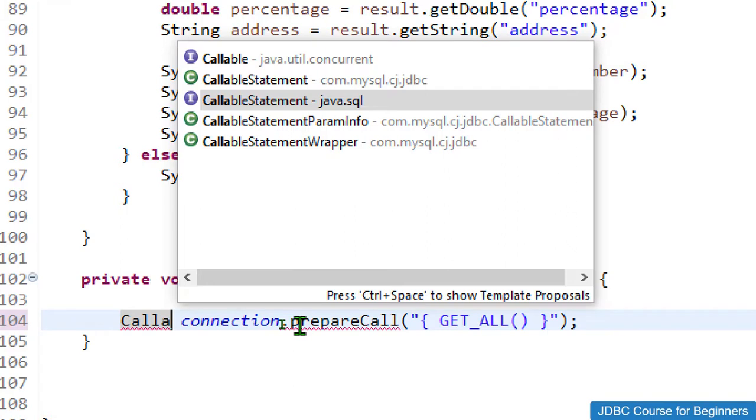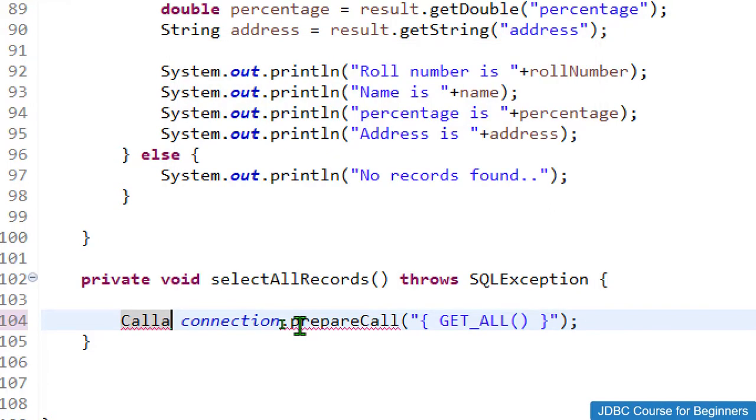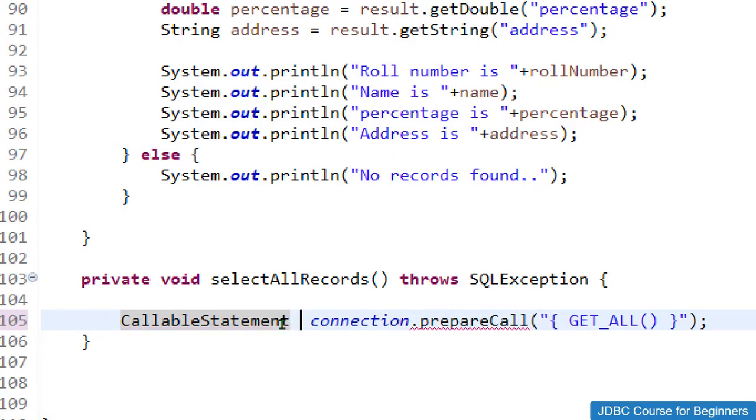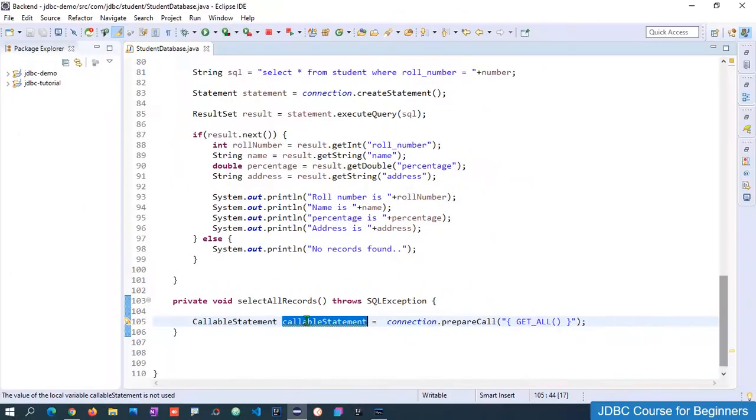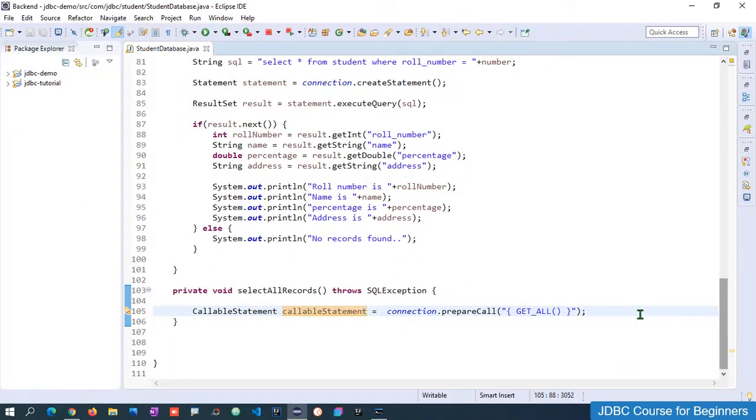So make sure you are importing the correct one, because over here we may find some similar or exact same options. So we just need to import the java.sql interface CallableStatement, and my reference name will be callableStatement itself, like this. Now we have stored this reference into this callableStatement, and now we can perform the operation.